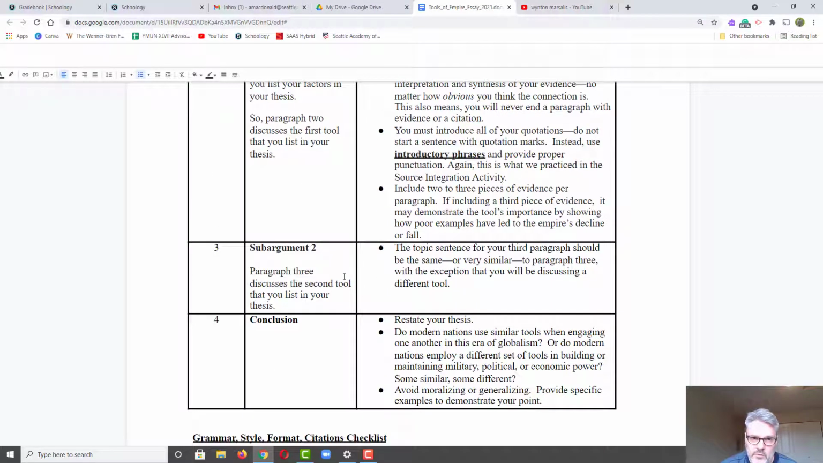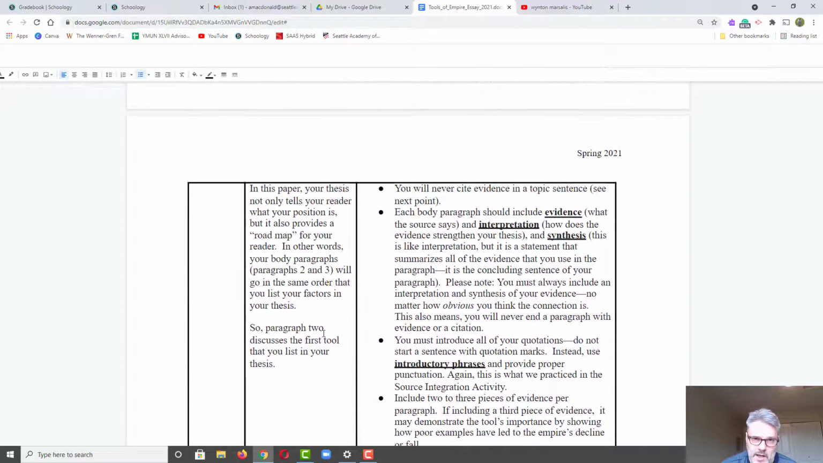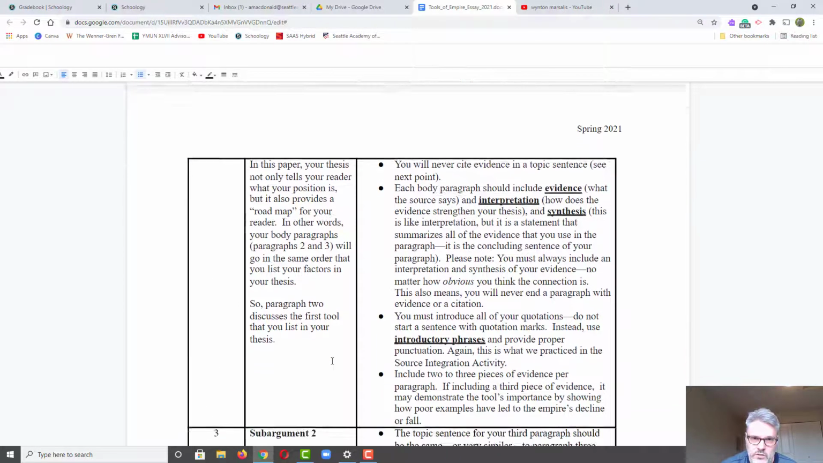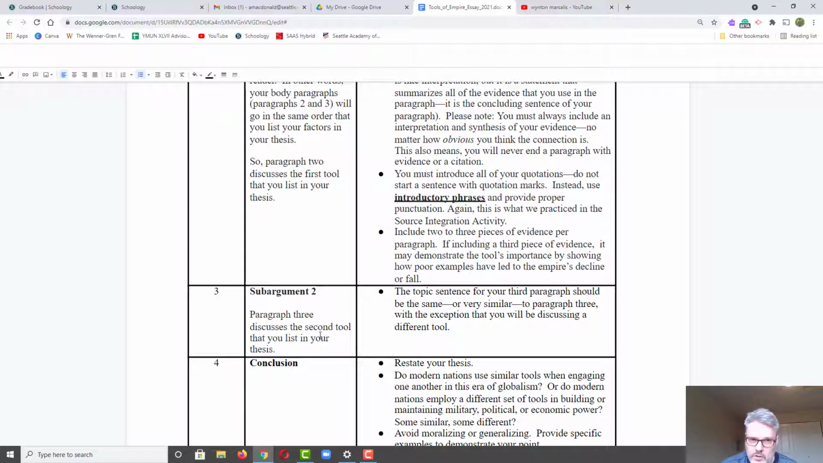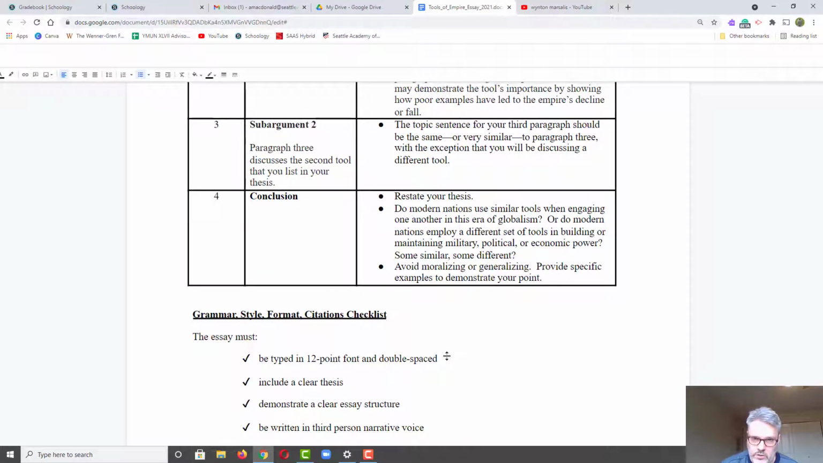For your second subargument, if you're doing the general option, and this model is linked to the general option, it'll be adapted according to which one you're doing. But what you do for your second subargument should be just the same as your first. Repeat those steps and these processes. Okay, for your conclusion,